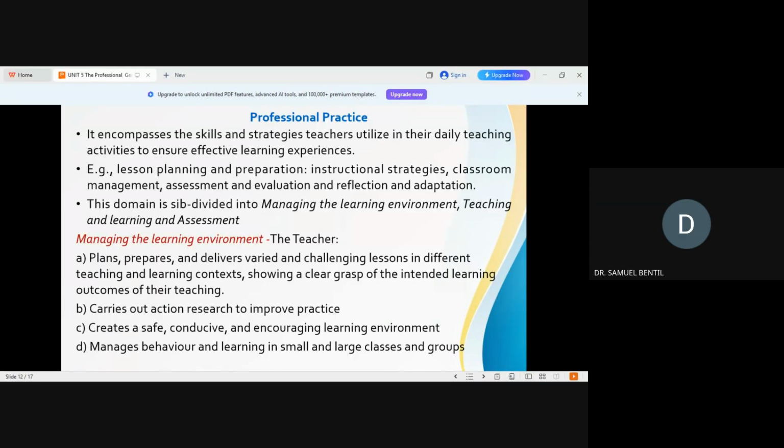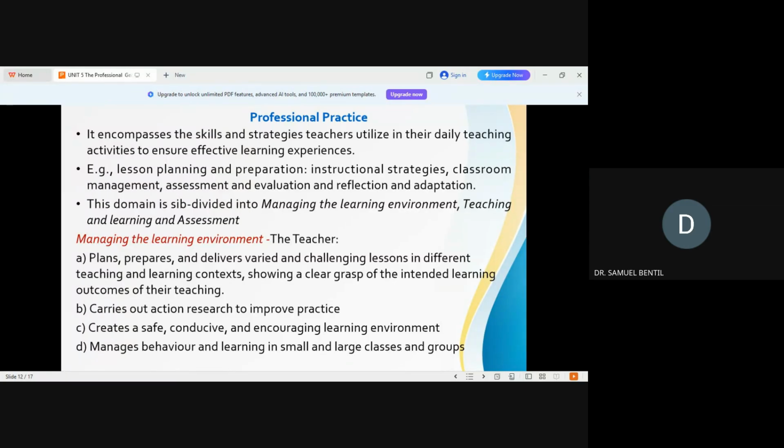Example includes your learning planning and preparation, your instructional strategies, classroom management, assessment and evaluation, reflection and adoption. All these form part of your professional practices. So it is also divided into three. We have managing the learning environment, and here we are saying that the teacher must plan,